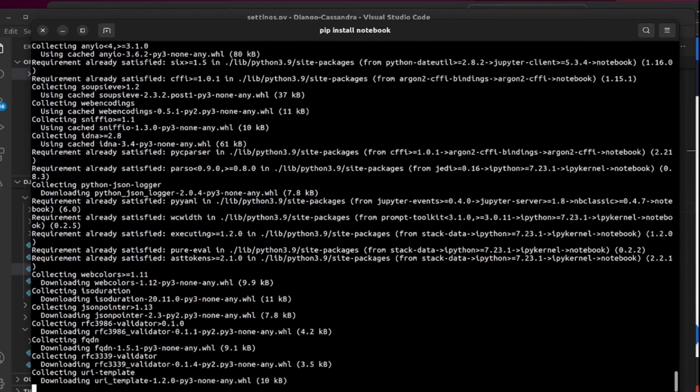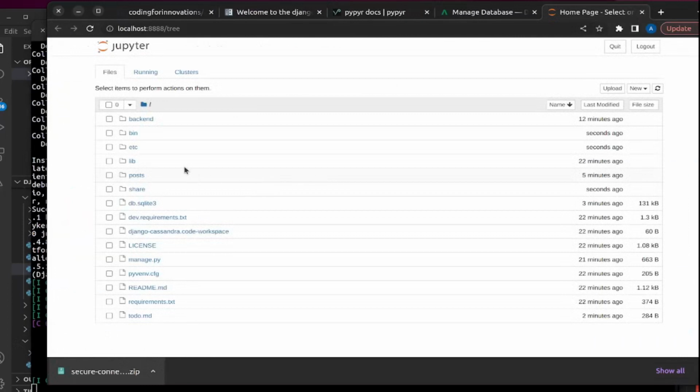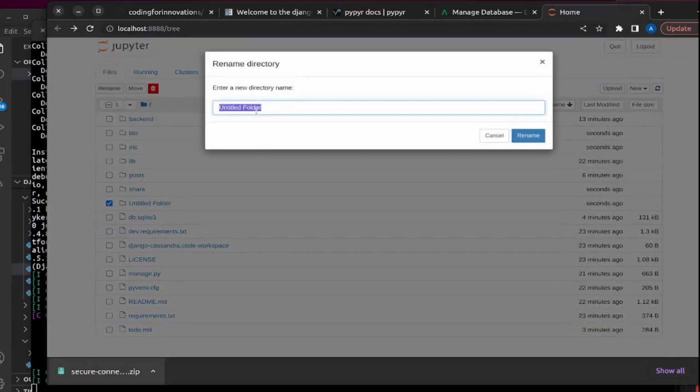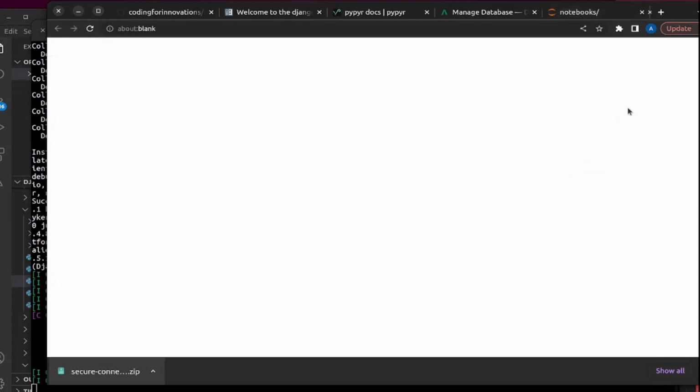So once it's installed, it is going to run. Yeah, so it is running, and now I'll create a new folder and go back, and now hit rename. You can call it notebooks. So go to that notebook and then hit,